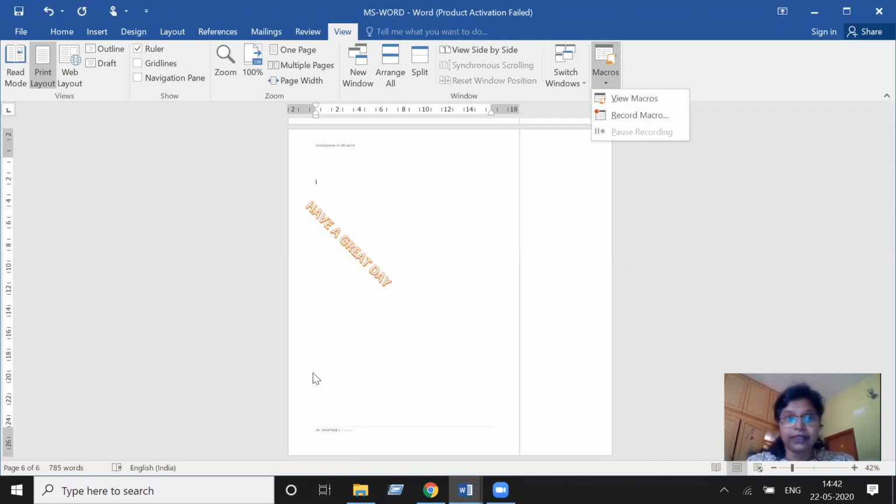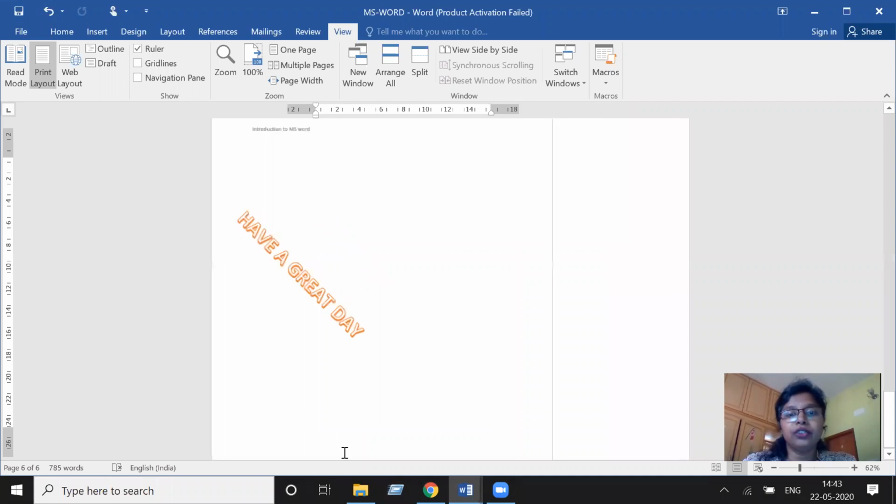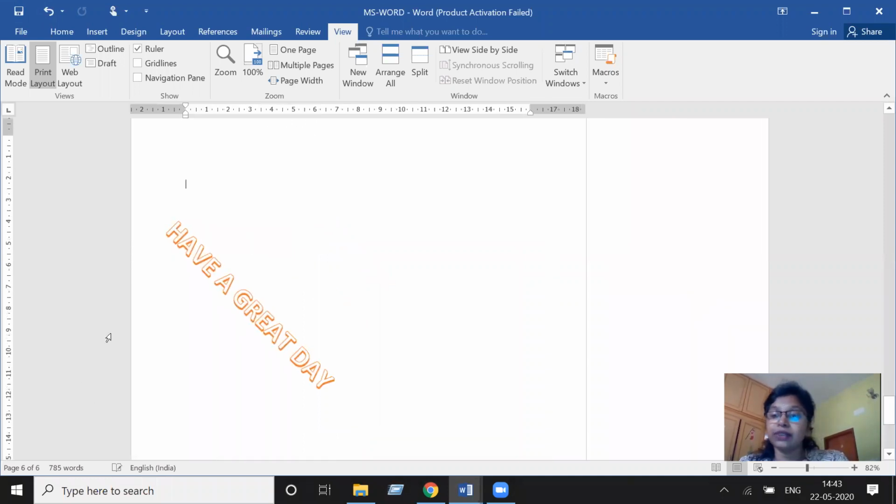And yes, the main thing, okay, you have done all the changes, fine. And how do you save it? So here, if you just click on save, yes, it will automatically be saved. So you click on the save button. Since you have already saved it on the desktop, the changes will be saved. Only thing, if you need, you will have to save it in a different document or different file. See, by default this will be saved as .doc